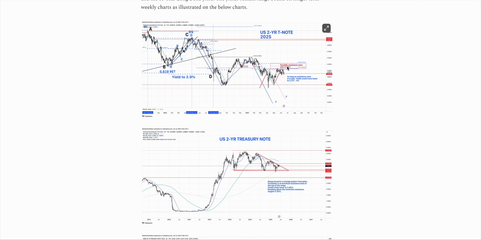So you can see that around this box, 4.63%, this is where the market gets close. This is the top of the range, and then resistance kicks in and it comes down to the bottom of this range. Then last Friday the yields were a little bit higher, but as long as this resistance holds, this 4.63% on the 2-year, the yields can still move down to 3.2 to 3%. This is the pattern formation we are looking at. This is going to be this ABCD pattern formation right here,